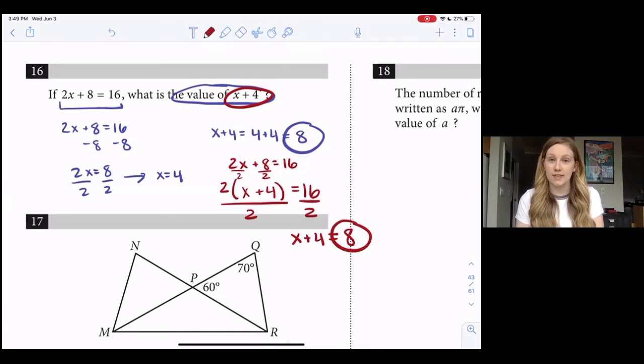So either way, we'll get the same answer. It's just a matter of approach. But if you're ever asked for the value of an expression, so 2x, x plus 4, x minus 8, then there's a good chance you'll be able to solve directly for it. So you can always just keep that in